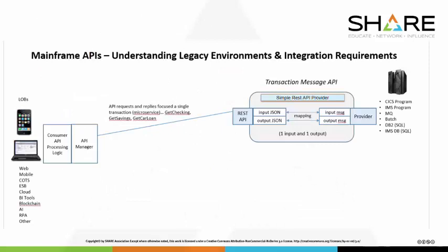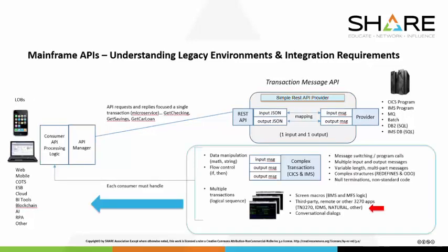So what I was talking about earlier is sometimes you have to understand the environment. If your line of business or your applications have an API that can be satisfied with one service, or we'll call it a microservice, in a banking example, something like get checking or get savings or get car loan, maybe that's okay. Maybe through one RESTful API, you have one transaction that has an input and an output, and it maps to an input and output message, and that's okay. That's very simple. But in most cases, you have to worry about other things.